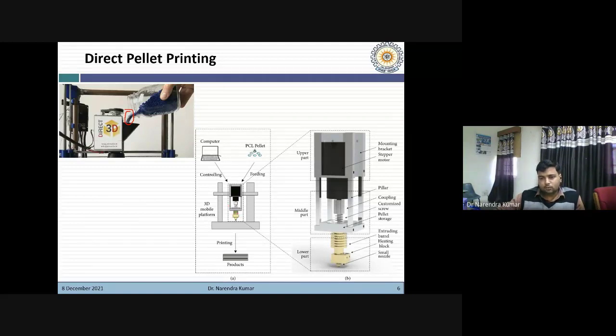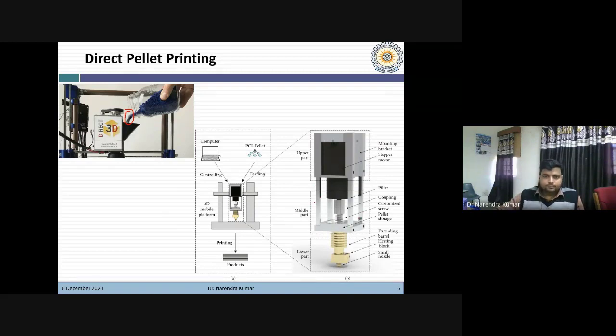Here you can develop your own, or you can purchase it directly from the market, because nowadays some commercial platforms are available where you can find these kinds of extruder heads.